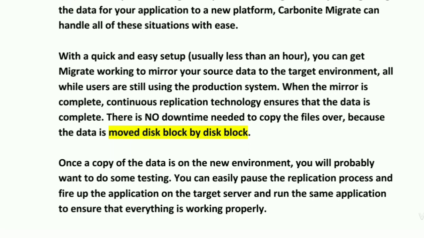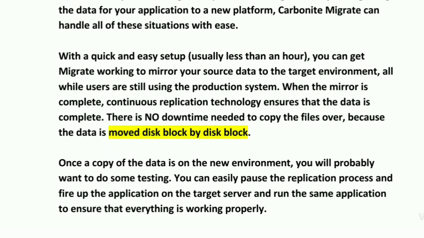When the mirror is complete, continuous replication technology ensures that the data is complete. Basically it uses real-time replication to migrate the data from the source server to the target server. There is no downtime needed to copy the files over because the data is moved disk by disk, block by block.